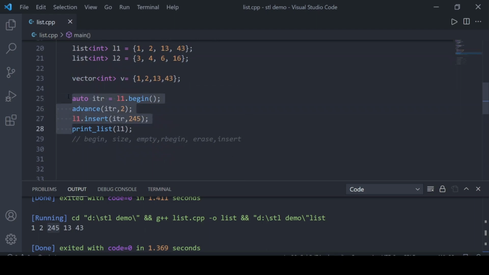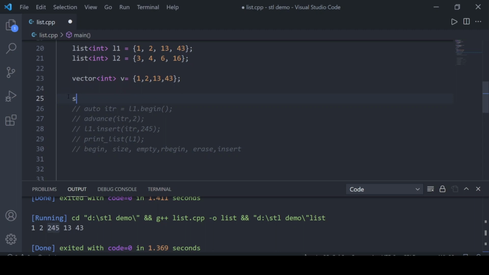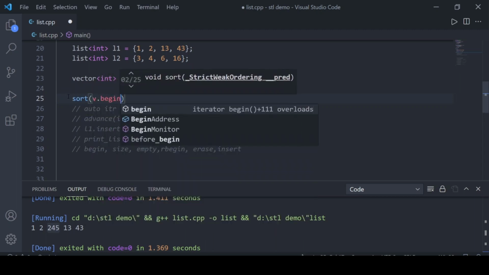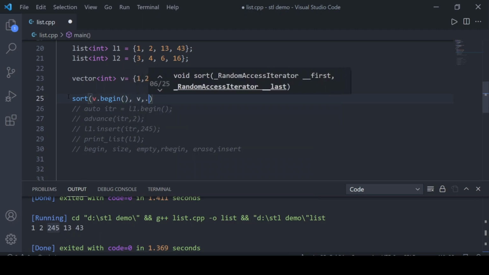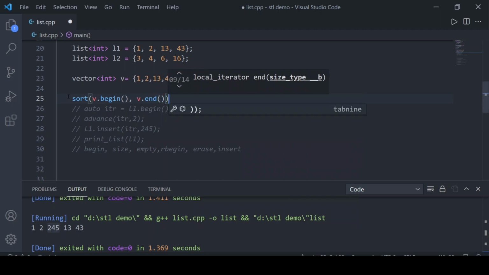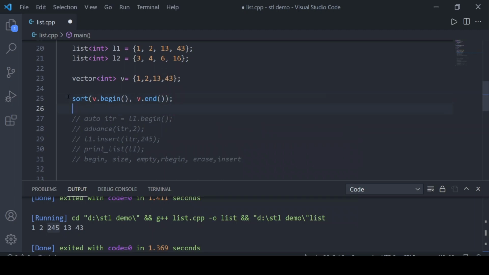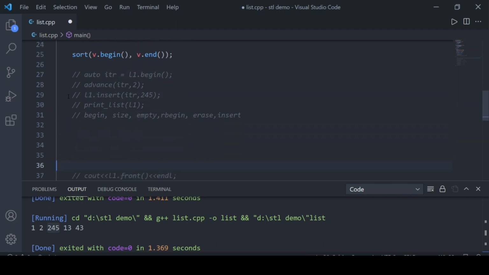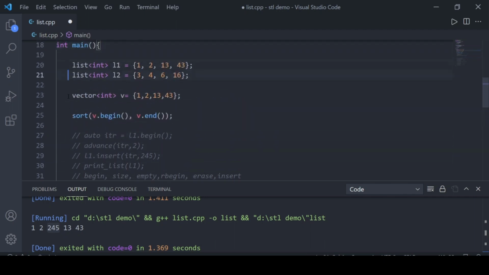So how do we sort the elements? If we have to sort the vector, how do we do that? We can just sort in this way, providing the initial and the after-the-end iterators, then we can just print that. Okay, it's already sorted, so let's unsort it a little bit.